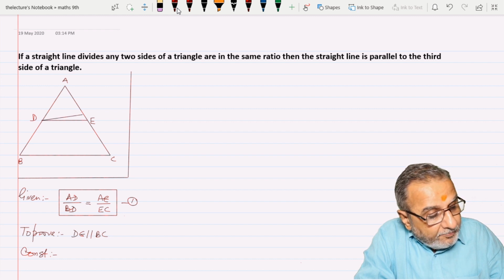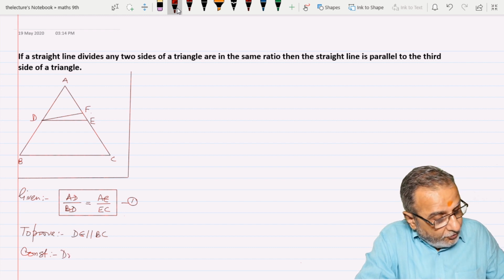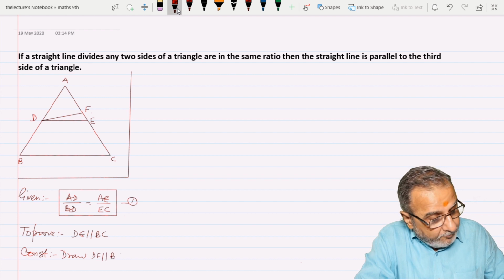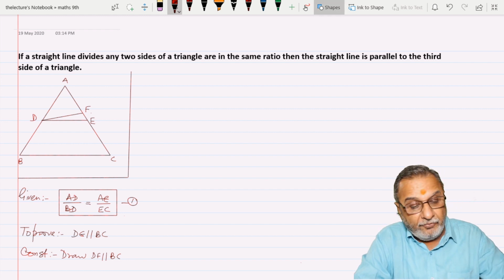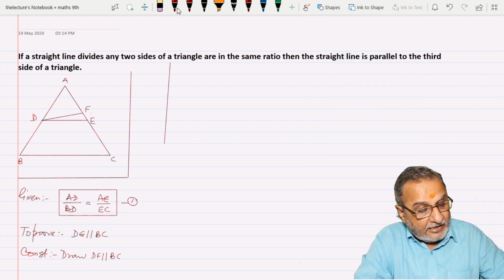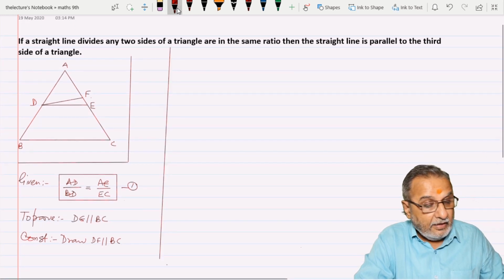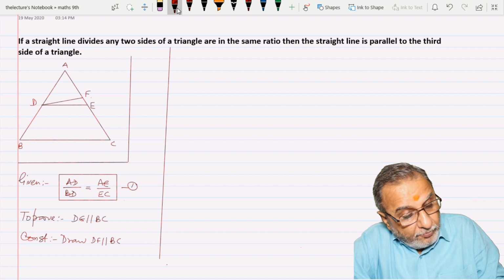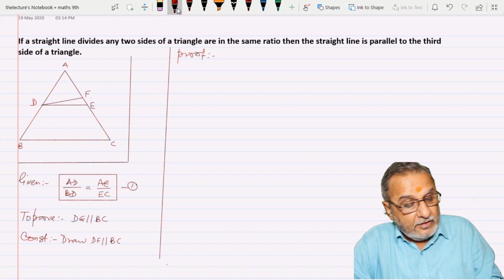So I am drawing a parallel line, that is DF. Draw DF parallel to BC. It is a construction. So now I am proving the question, the last part, which is the proof, and that is like this. So the proof for the theorem is,